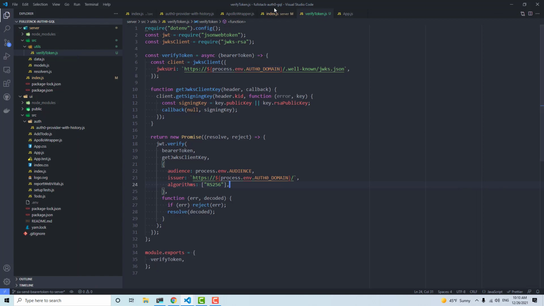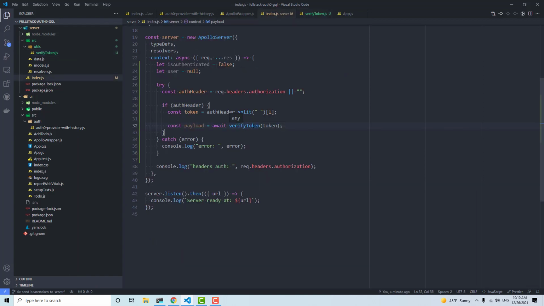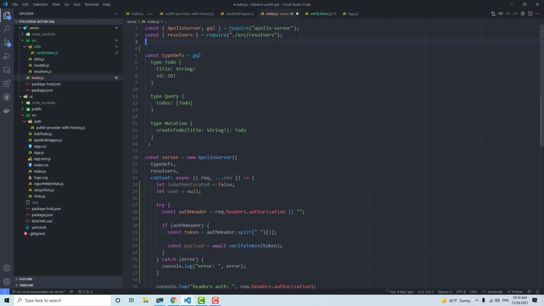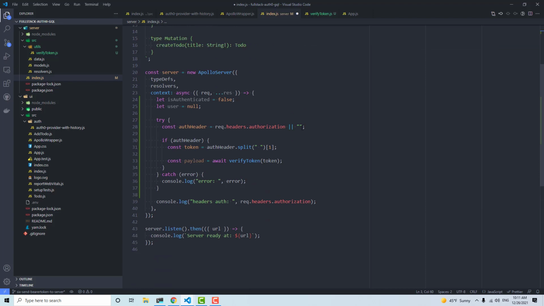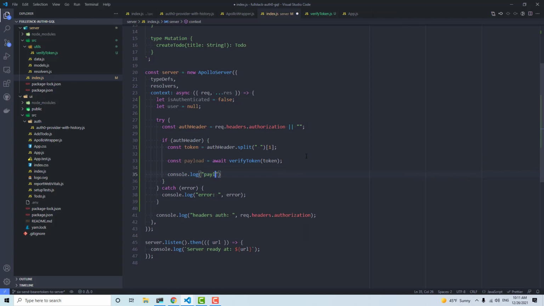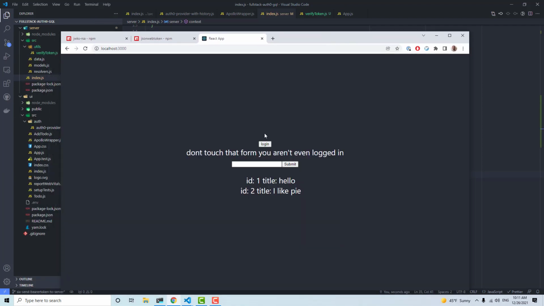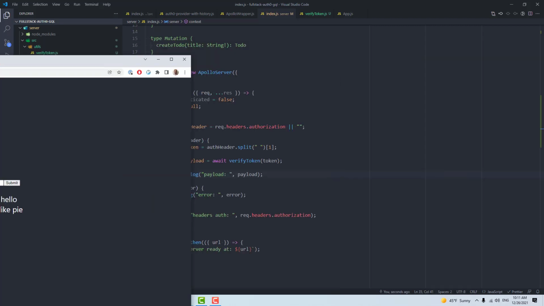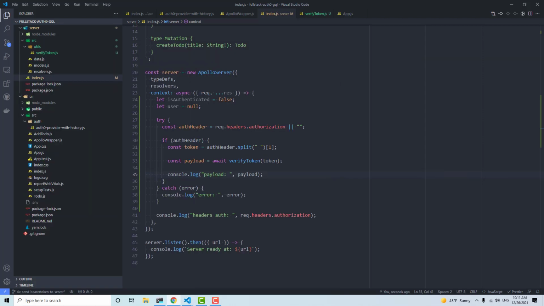So we can now go back to our index.js file, and we need to import this verify token now. So we'll go up here and we'll say const verifyToken equals require src/utils/verifyToken. And then this should work. And then let's do a console.log on the payload to see what we get. So I'm going to save that, and then we can refresh, and you can log in if you need to. But once you do that, we should get